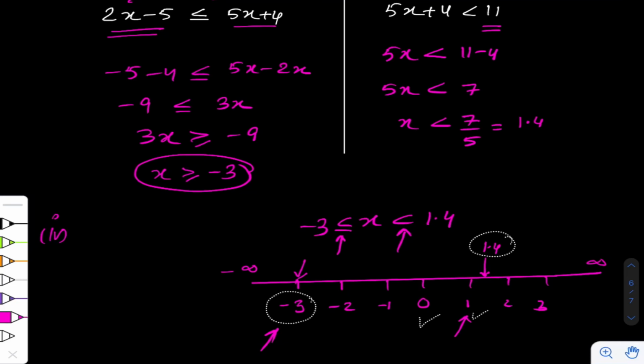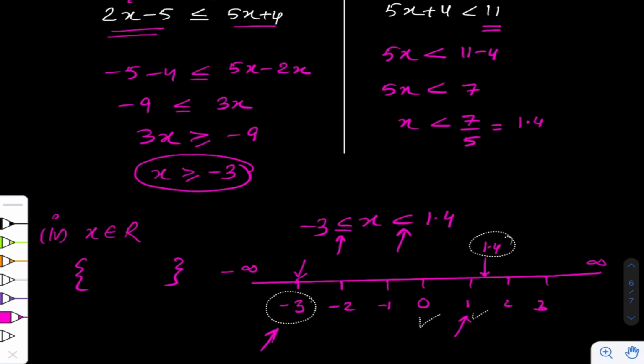Now come to the fourth part. X belongs to real numbers. Real numbers take all the values between any two numbers. I mean, they contain all types of numbers, fraction or decimal or whatever it is. So in this case, you cannot write real numbers in a set in curly brackets. That will be quite wrong.